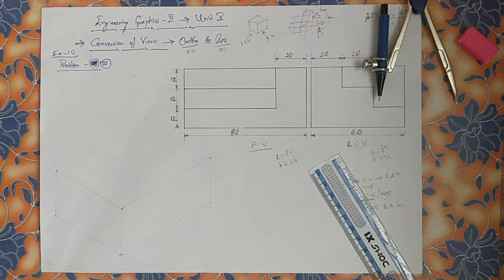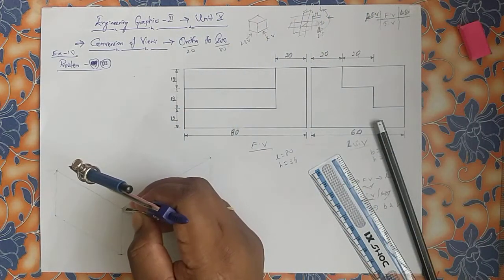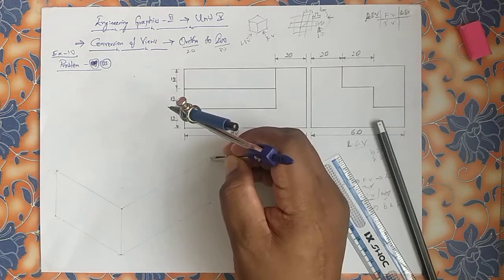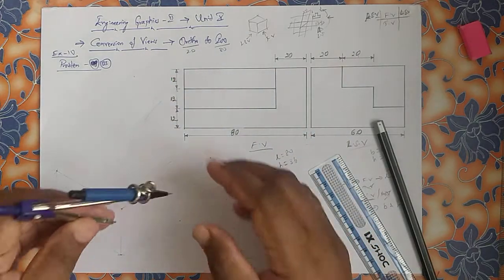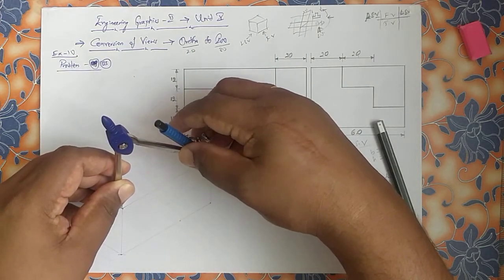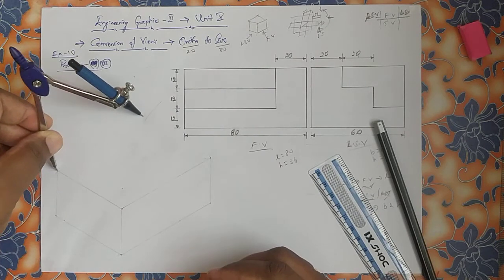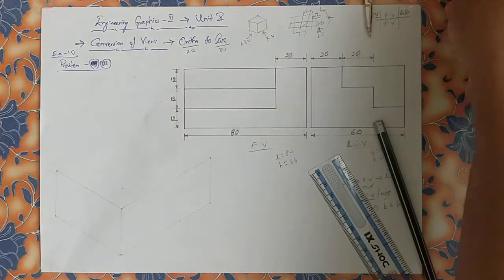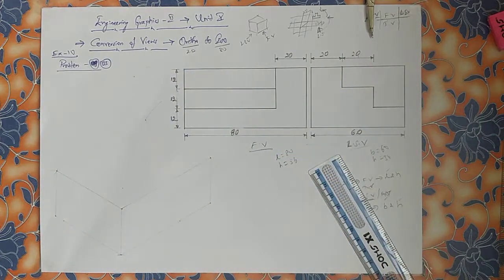Say ISO top view. Here it has to be done again with the help of compass. See, breadth already I have taken. So from here, don't worry, it may coincide, but no problem. Got new intersection. See, taking the help of compass will give you the exact and accurate lengths.